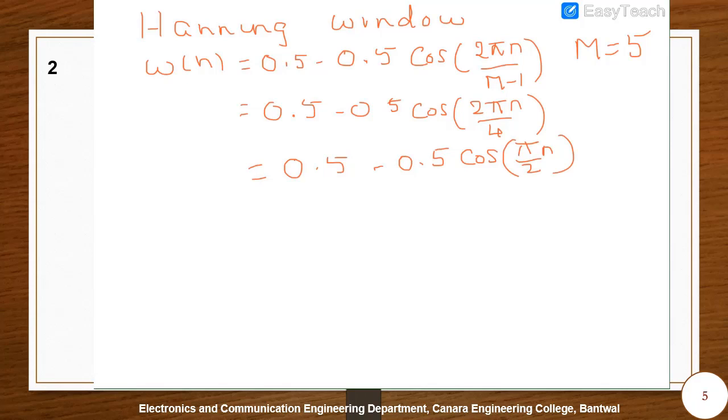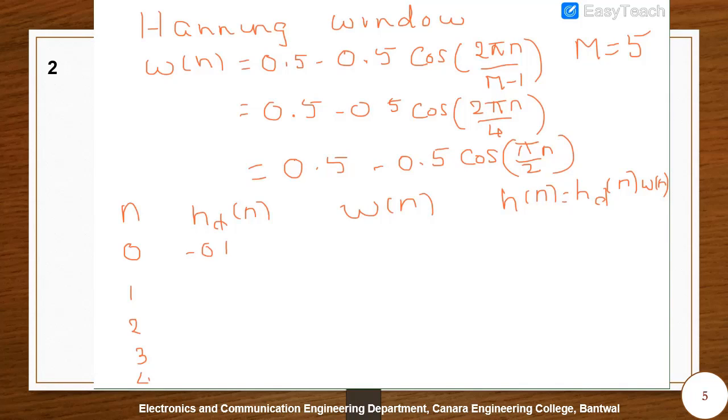So let us form the table. It is n, hd of n, w of n, and this is h of n, which is hd of n multiplied by w of n. n is 0, 1, 2, 3, 4. So hd of n values are minus 0.1591, minus 0.225,